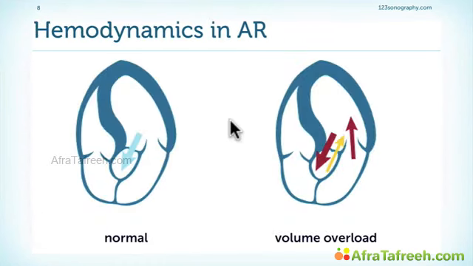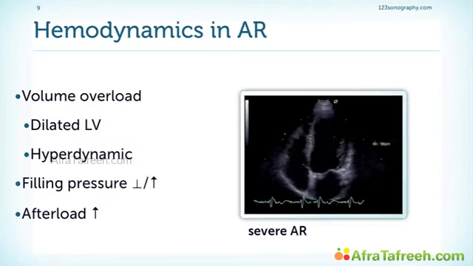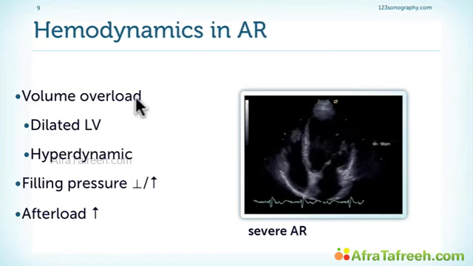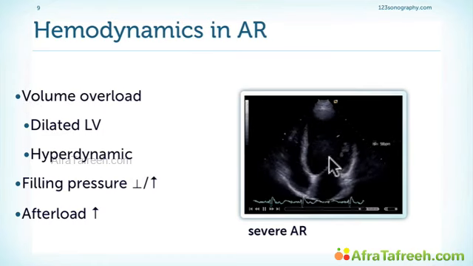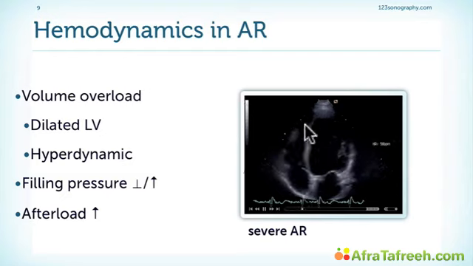What are the hemodynamics of aortic regurgitation? Well, the problem is that we have regurgitant flow coming back from the aorta into the left ventricle. This means that the left ventricle has to accommodate more volume. In addition, there's also more forward flow across the aorta because this volume again has to be ejected back into the aorta. So, in summary, we have a volume overloaded left ventricle, which is dilated, which is hyperdynamic,